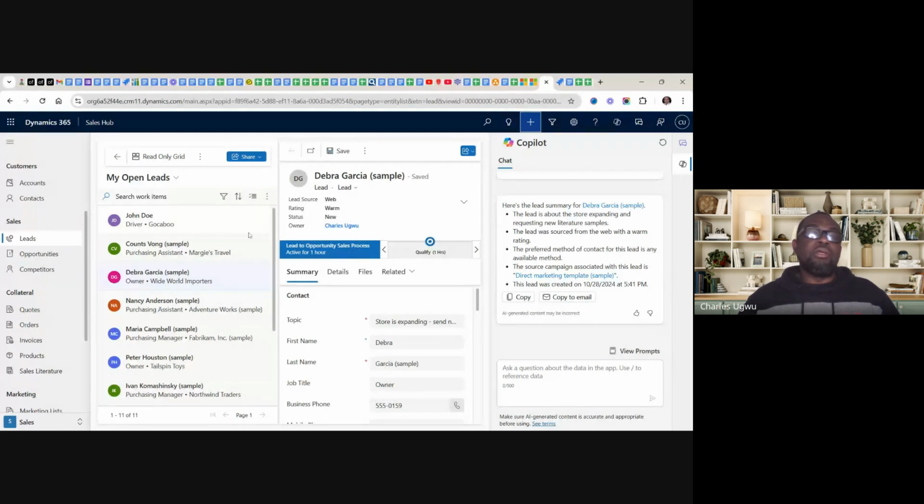I'm the only person here outside the leads. Because this license is for one person alone. So if I should have a sales rep, I will have to pay for another licensing. For anybody that's going to use this CRM system, we need to pay for that user to use it. That is the way it's working. So for now, they gave us a license to test it out, and it's only one person, which is me. So that's why we don't have, but we're going to open a lead and see